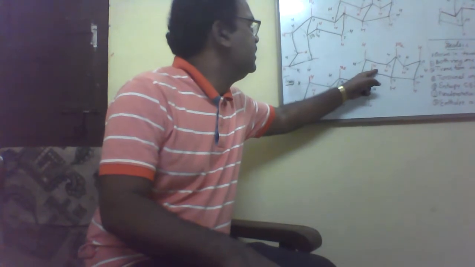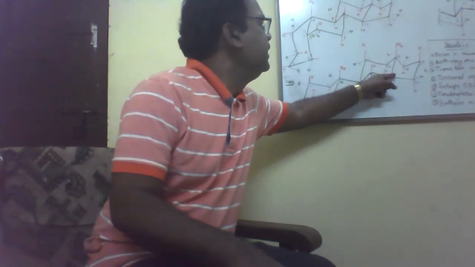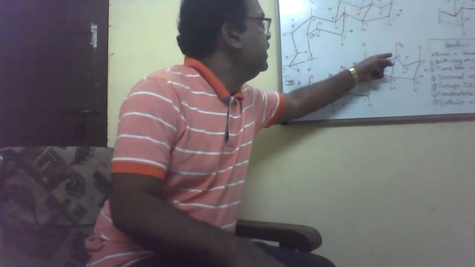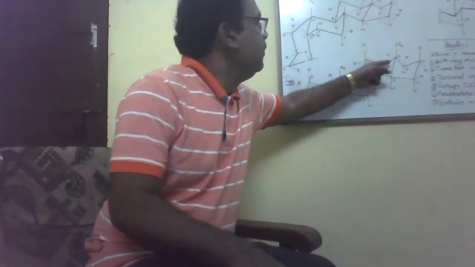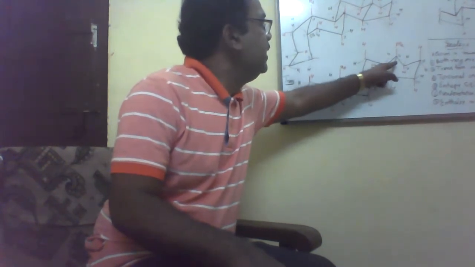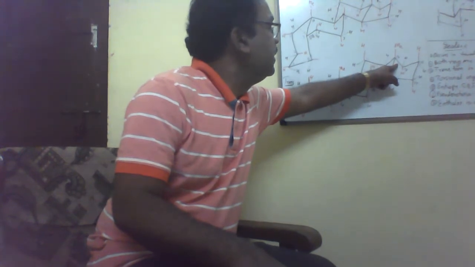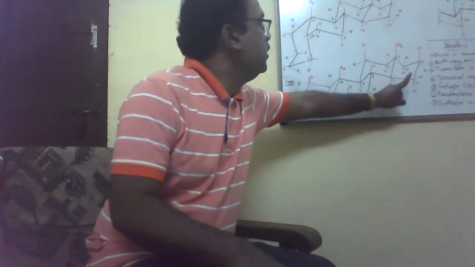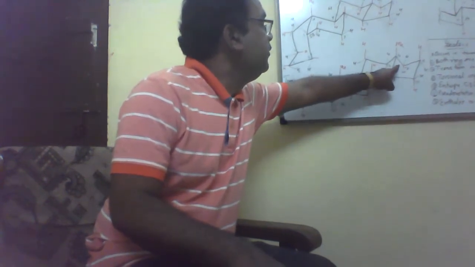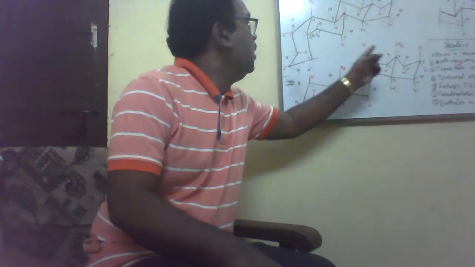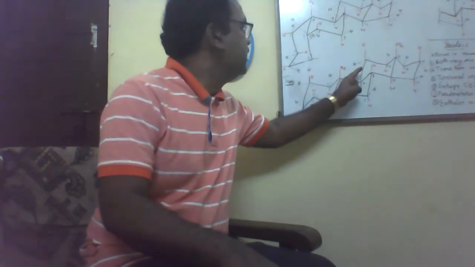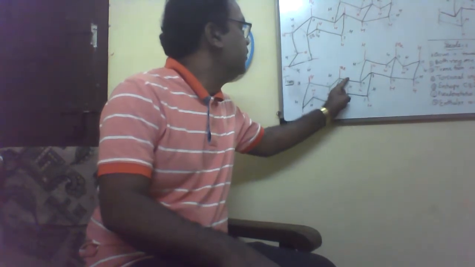Now consider this C ring with the D ring, how they are attached with each other. This carbon methyl group, or whatever CH is there, is axially placed, while this CH bond is also axially placed. Both are axial. Automatically this carbon 13 17 bond is equatorial, and this carbon 14 15 bond is also equatorial. So both are equatorial bonds. Overall, in the trans conformation all rings are fused with each other by trans fusion. Trans fusion means equatorial bond fusion.